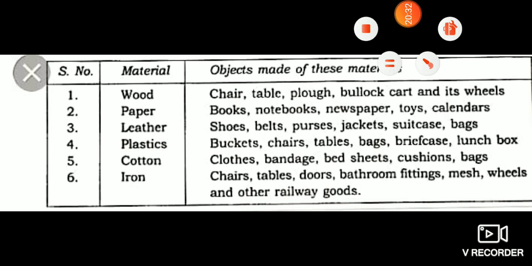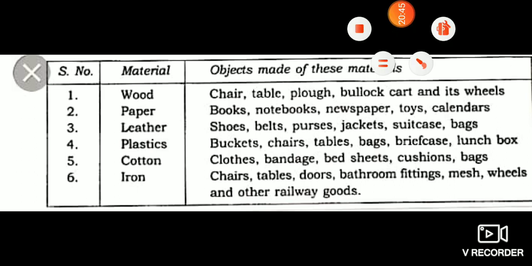Dear students, today we have learnt about objects, materials and types of materials, and examples for objects and examples for materials.